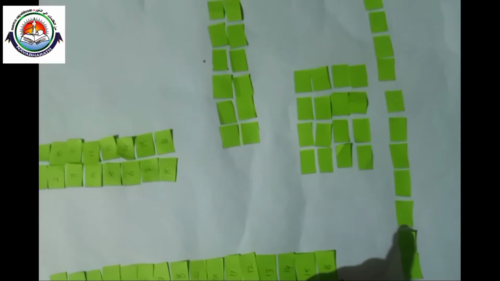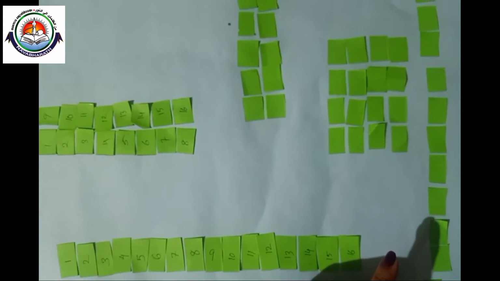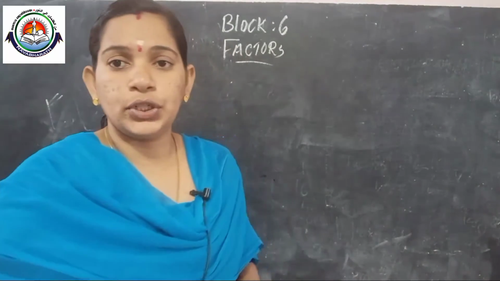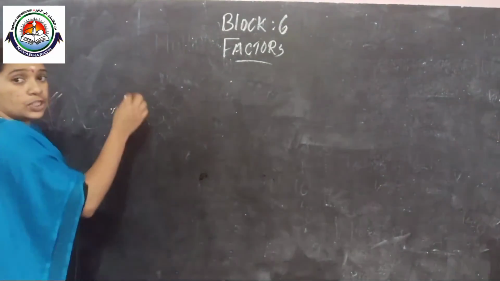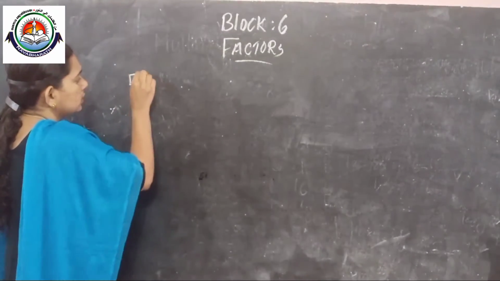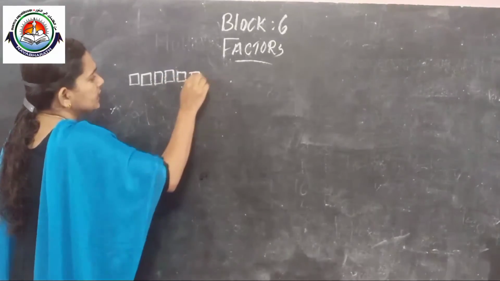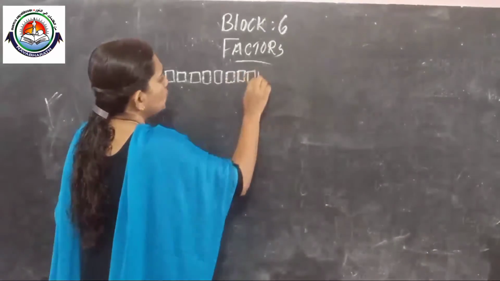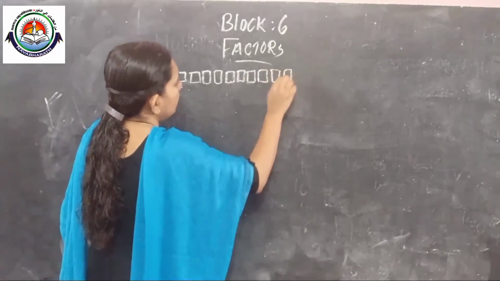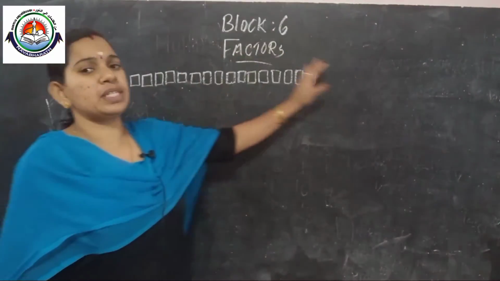So you find out the number of rows and columns now. Okay, any other way we can arrange? No, only these are possible. I will draw the figures here to show how to arrange the paper strips. First, I arrange 1, 2, 3, up to 16. One method is there. I arrange the paper slips this way.